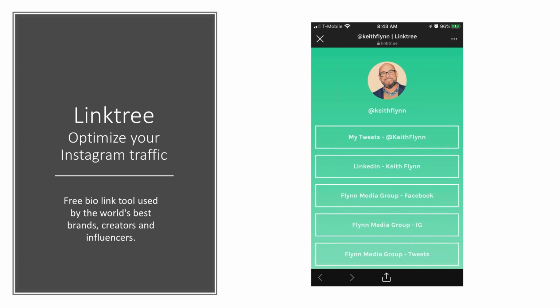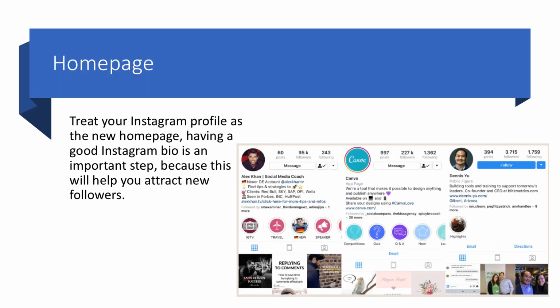So not only will people come onto your account, but they can see where else you have a digital footprint. Especially for you guys as real estate agents, you can put your realtor.com profile in there, your Zillow profile, and really just increase the chances of driving more traffic to your Instagram account. So as I mentioned, your profile is your homepage, your bio is your homepage.